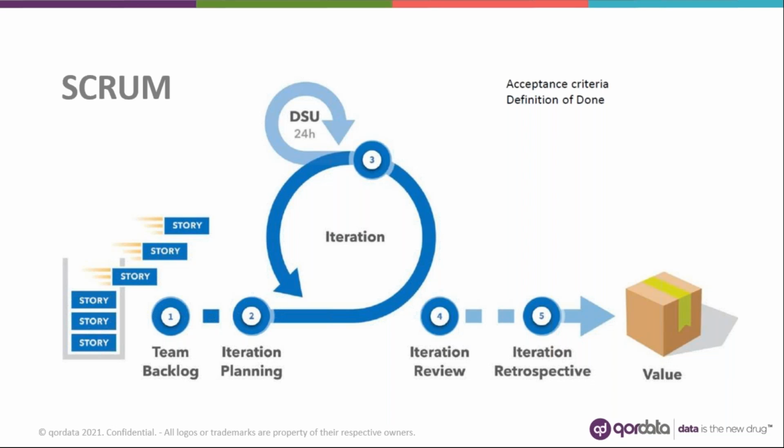So as mentioned in the previous slide, Scrum is one of the most popular and widely used agile frameworks. So I would like to expand upon some concepts here. Within this framework, there are two primary roles to fill. One role is of Scrum Master, and secondly, the role of a product owner.